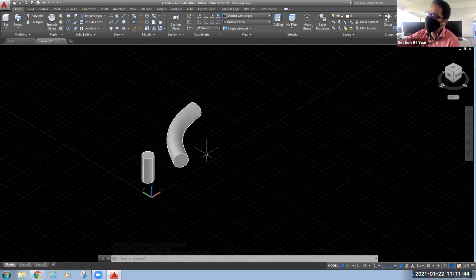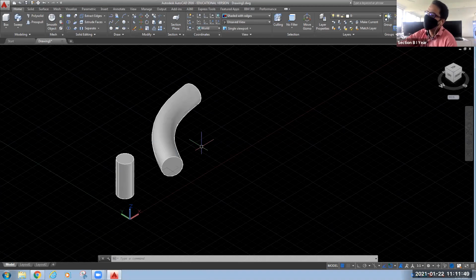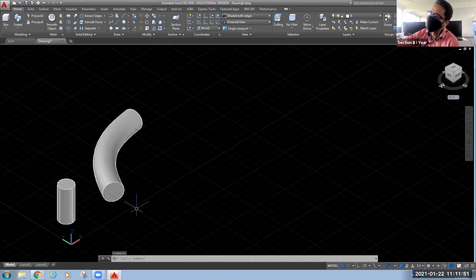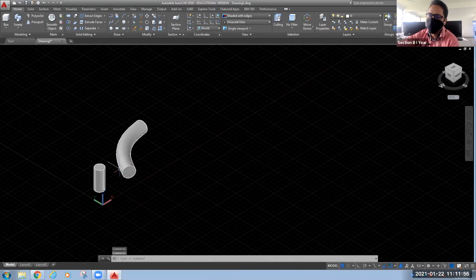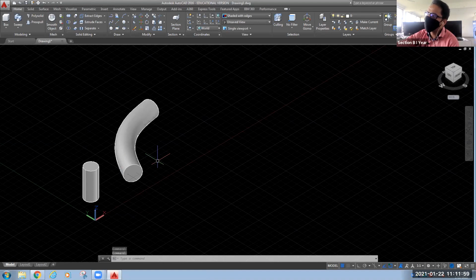Now my question is, for both the figures on your screen, you have one cylinder, and here you can say one small pipe segment. Here the object is extruded not in the perpendicular direction, but across a path. But in both cases, the common thing is wherever you cut it, suppose you are cutting it from here, let me use a notation.